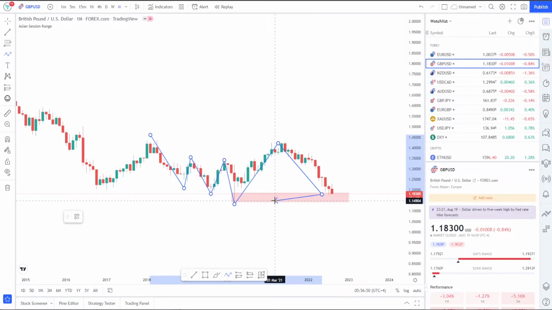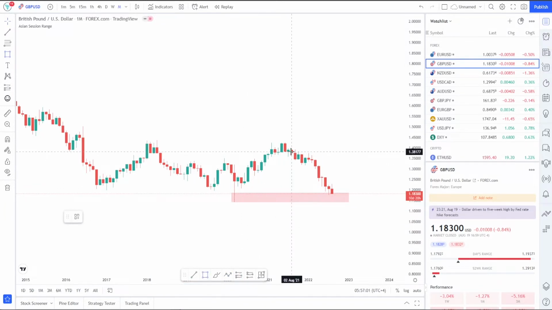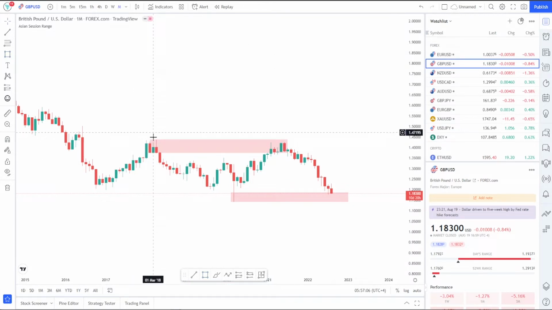Now there are some reasons why this area would not give a reaction, or would not hold. One of the reasons is: where did the market react off from? The market reacted off from this order block right here. That means it tagged strong institutional sellers right here. So there is selling pressure from the top, which could make Gbpusd just continue all the way down and not respect this area. But then again,